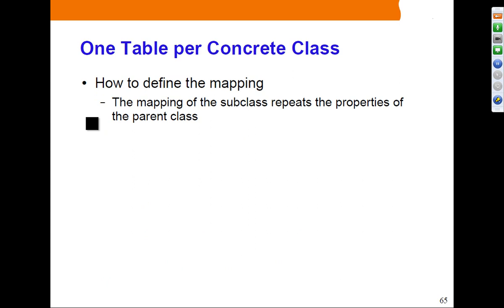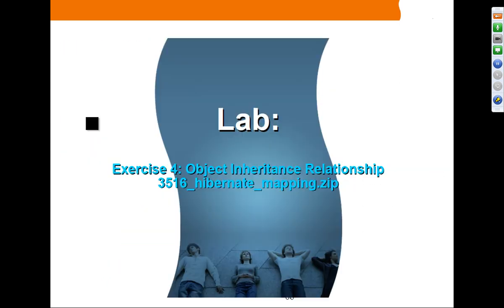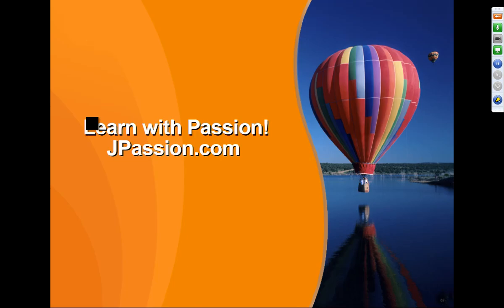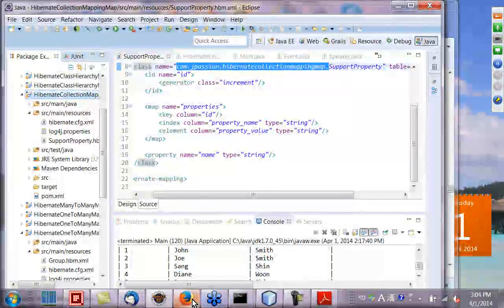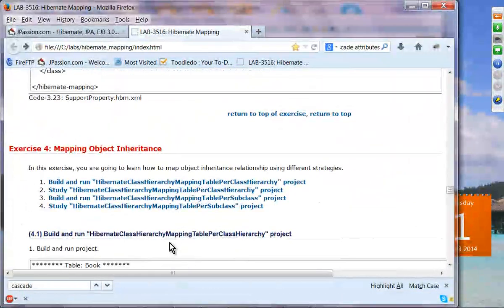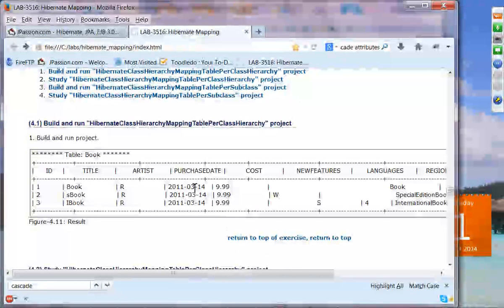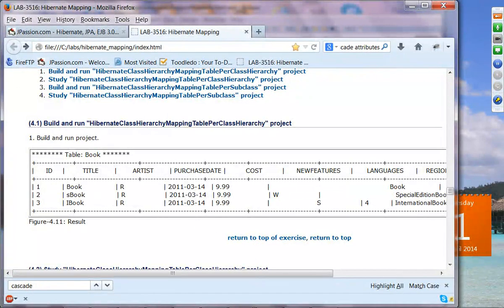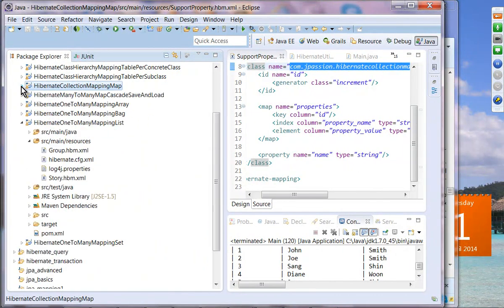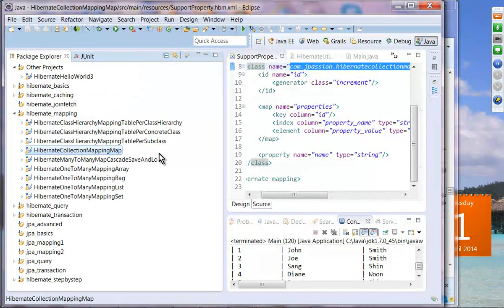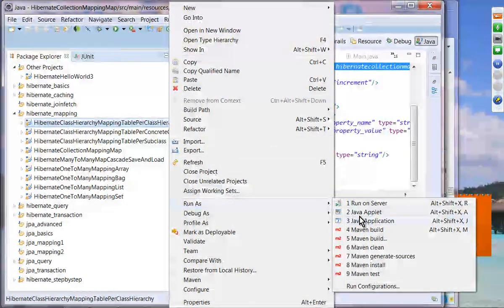I'm going to move forward. All right, so let's do exercise 4. We're going to do just the first and second schemes. So again, if you run the application, we get a single table. This is the one. If you run this application,